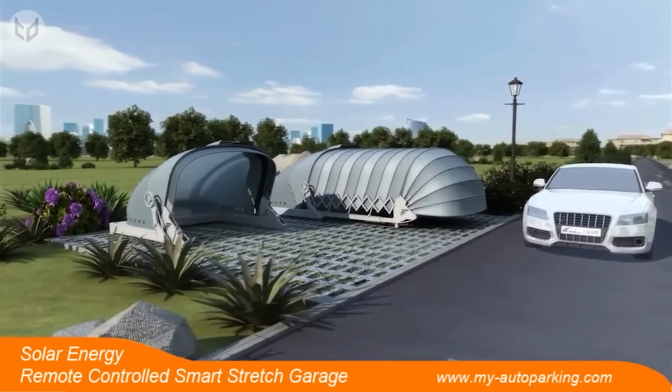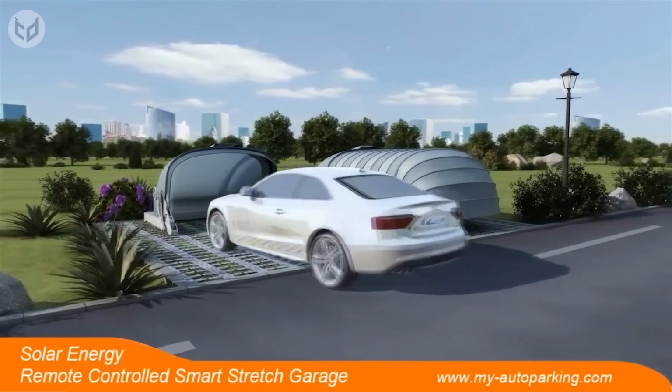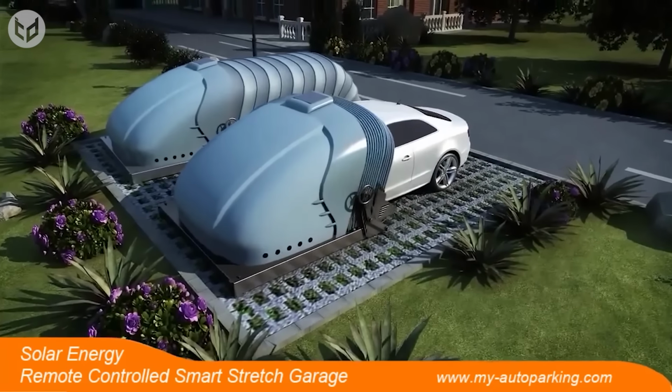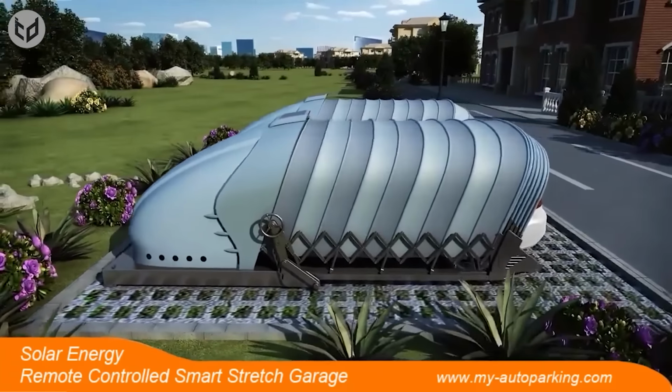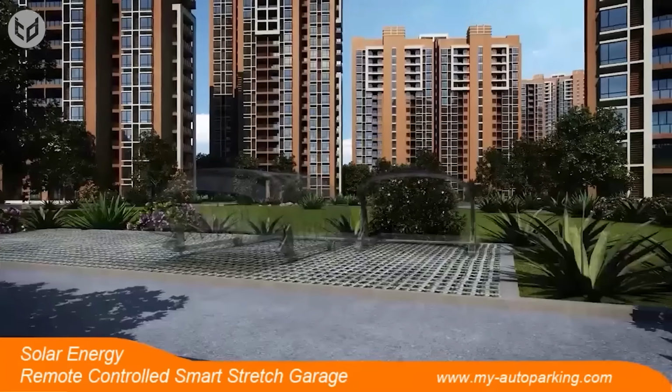All you need to do is pull into your parking space so that the hood of your car is covered by the open shell. Get out of your car, push a button on your remote control, and the automatic system stretches out and covers your car completely. The system is solar powered and uses smart technology, keeping your car safe and protected from the elements until you